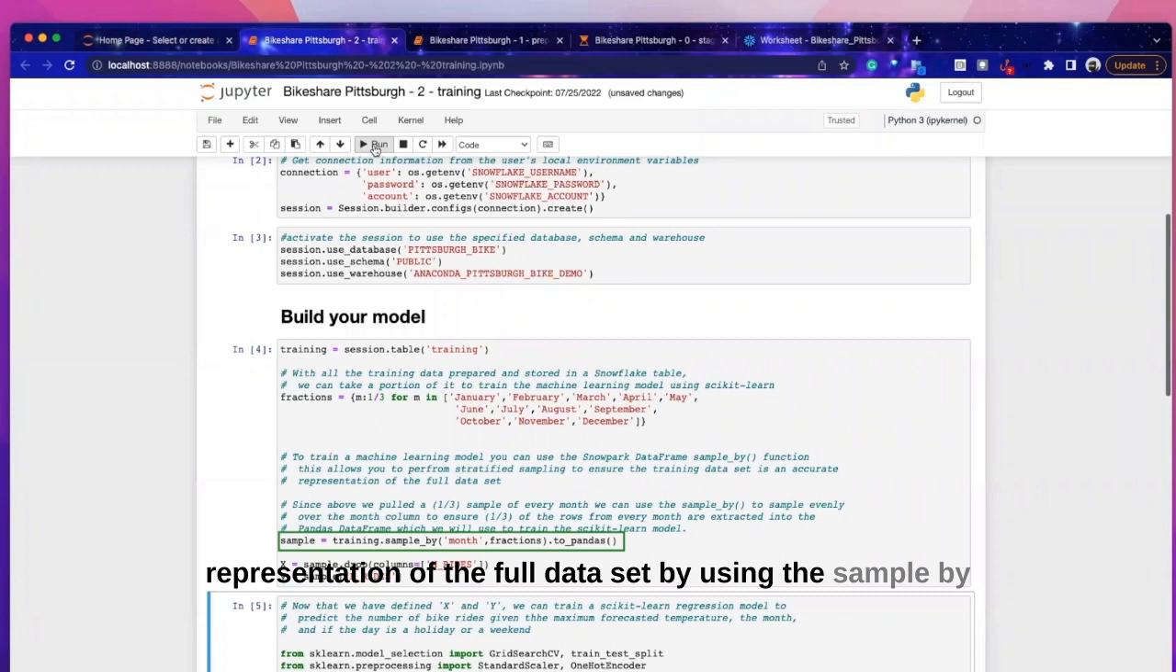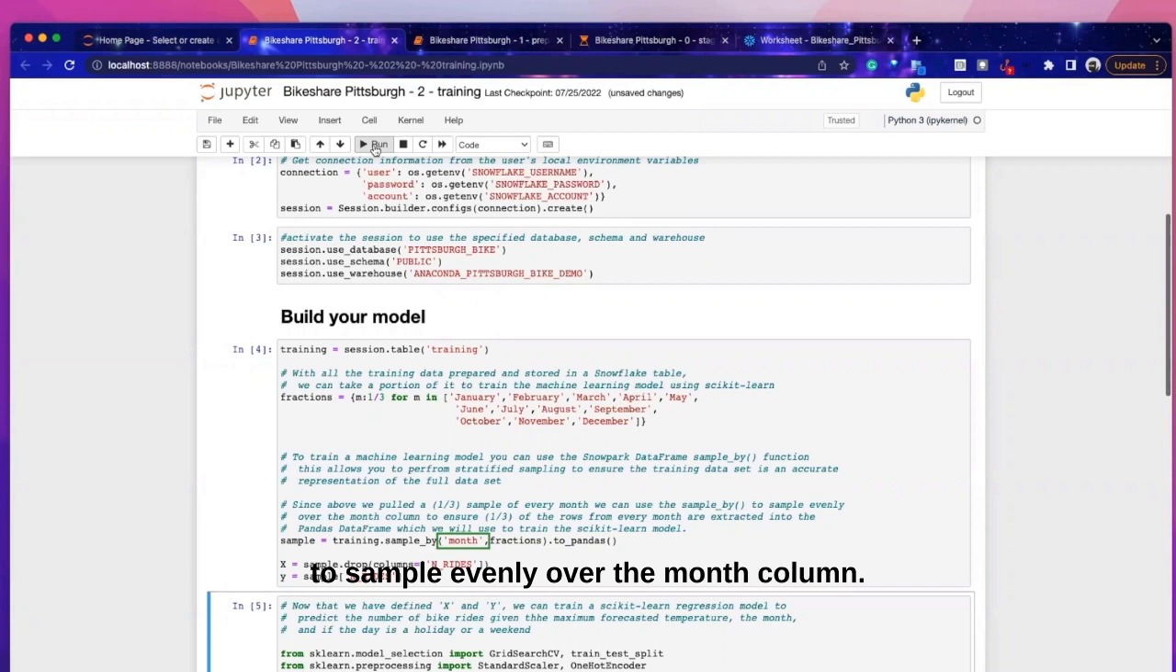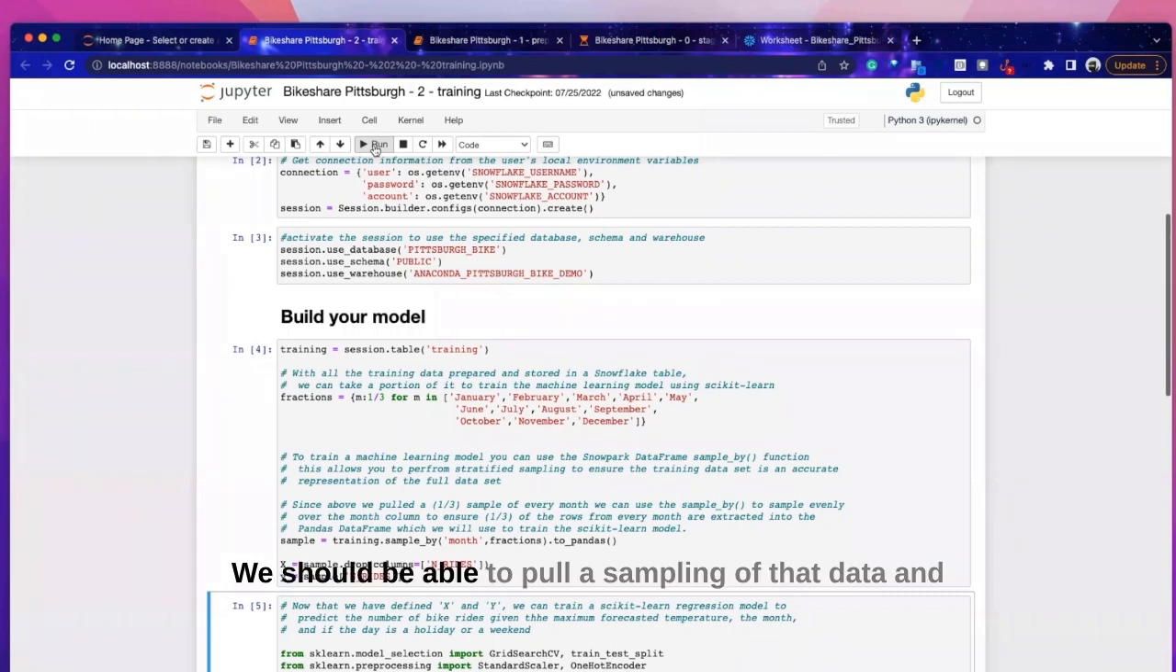By using the sample by to sample evenly over the month column, we can ensure that a third of the rows from every month are extracted into a pandas data frame in order to train the scikit-learn model. We don't want to pull all of the information because that is just a huge amount of data. We should be able to pull a sampling of that data and then provide our X and Y values. And now that we have our X and Y values, we're ready to train the scikit-learn regression